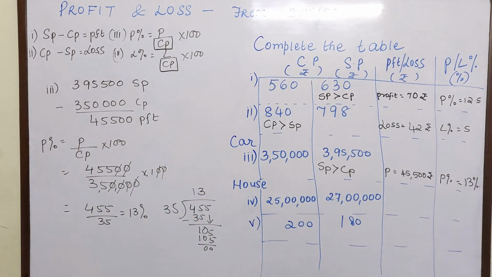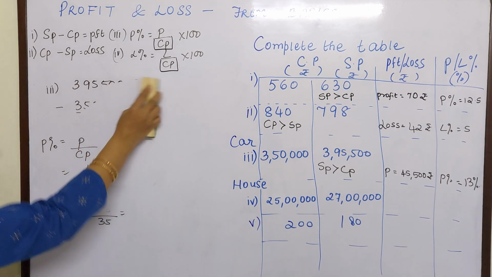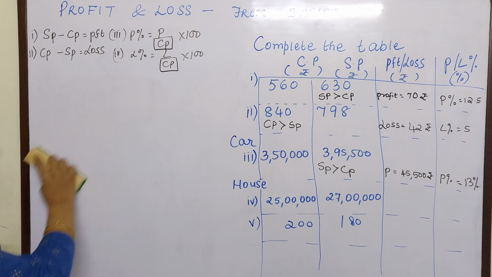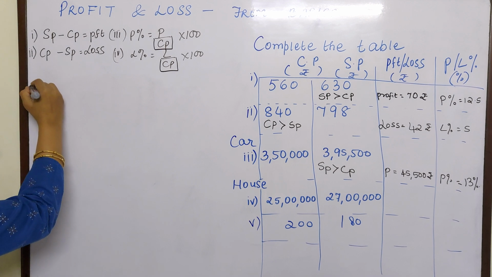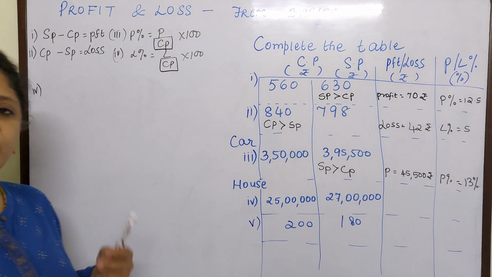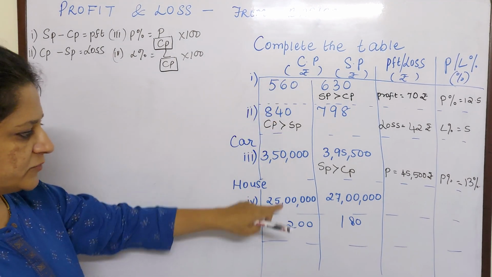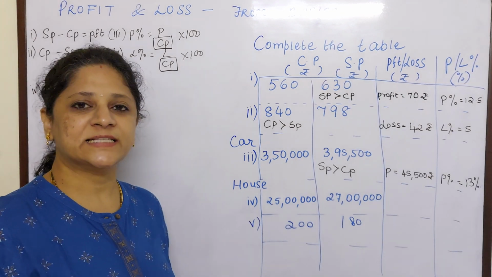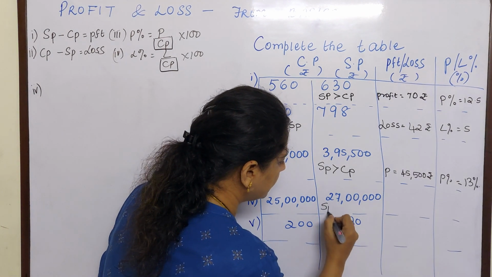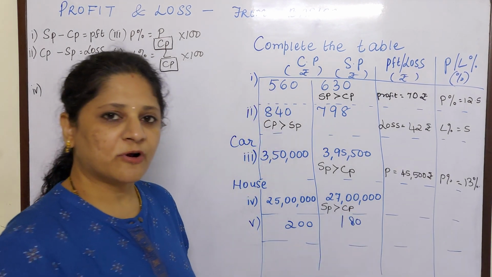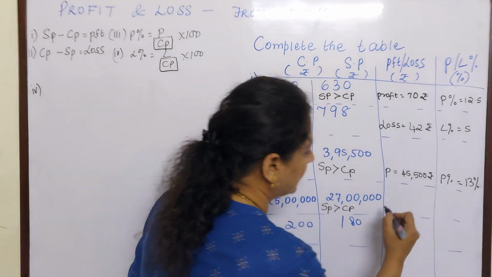So I think children, now it is very clear to you after doing these sums how you will calculate whether it is a profit or a loss. First you should see, if cost price and selling price both are given, which is bigger. If selling price is big, it is profit. If cost price is big, it is loss. Now here a person has bought a house, bought means CP 25 lakh, and sold it for 27 lakh. So here what can you say children? Yes, selling price is greater than cost price. So what will be the profit? Selling price minus cost price, 27 lakh minus 25 lakh is 2 lakh.